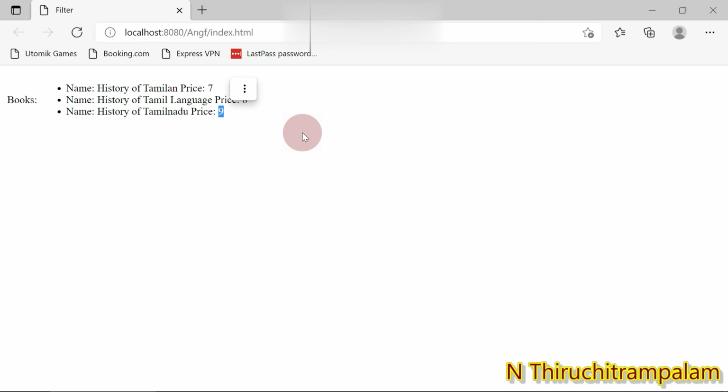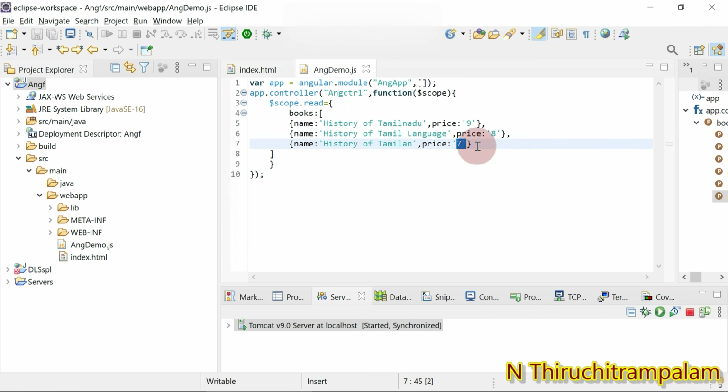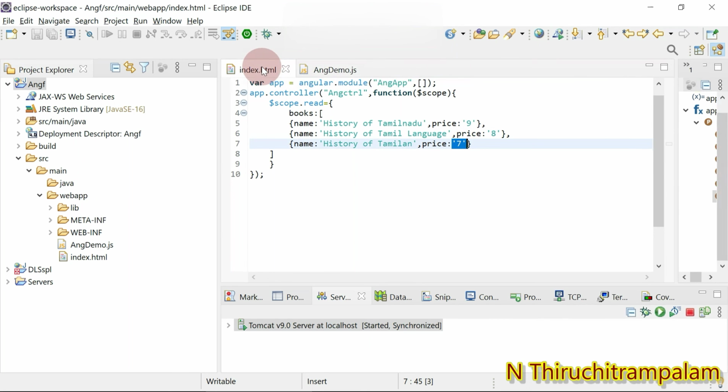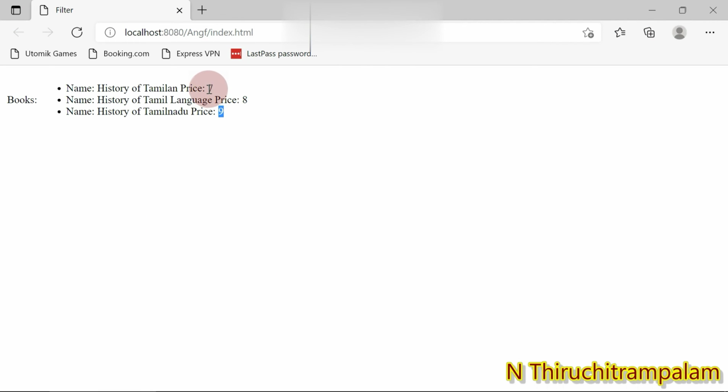But when we keyed in the values, go to the ang demo.js, we gave it initially as 9, and then 8, and then 7. It is not in order. But we got the output in order. See, here it is 7, then 8, then 9.